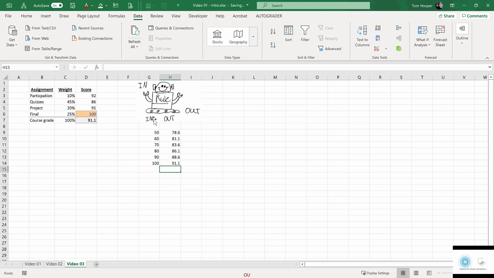And so if Madeline were doing this, she would have put a lot of numbers in. Those would have been her final. And she would have gotten a lot of numbers coming out. Those would have been her course grade. We're going to do the same thing over here with a data table, and I